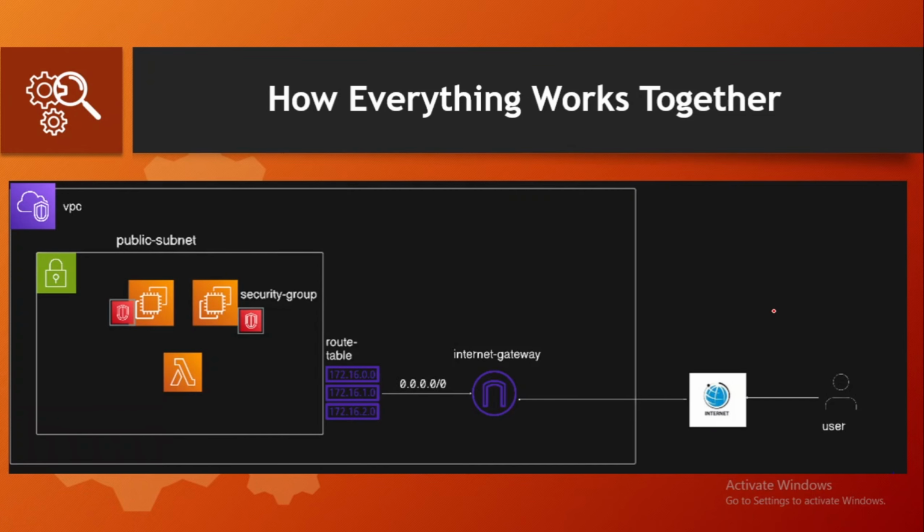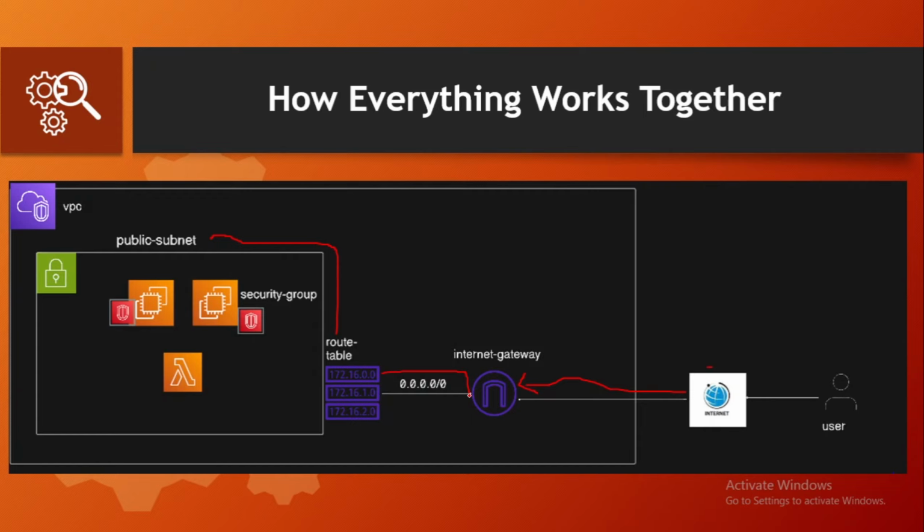Now let's understand how these things work together. When a user tries to access your application, the traffic comes from the internet, and then it passes through the internet gateway. In the internet gateway setup, we have associated a route table with this public subnet, and inside this route table we have made an entry to this internet gateway.